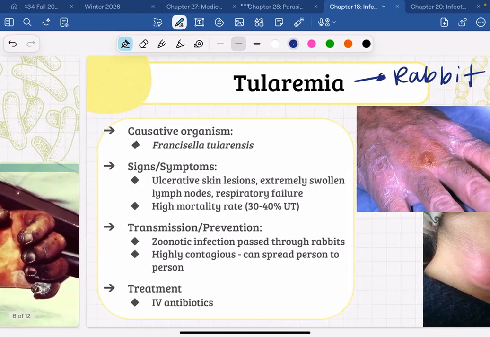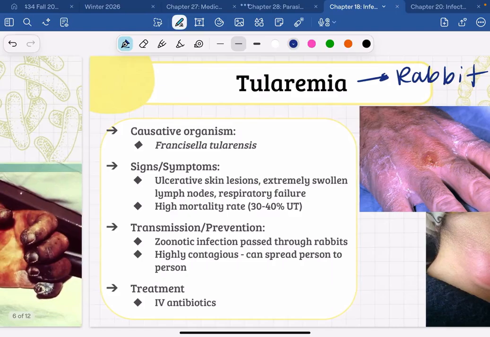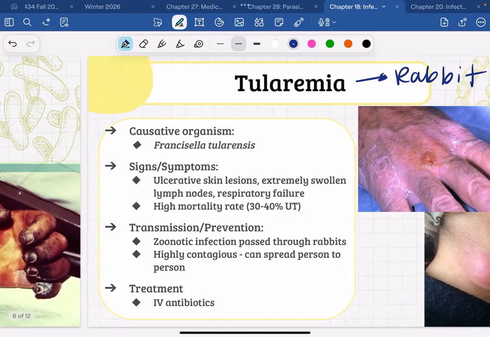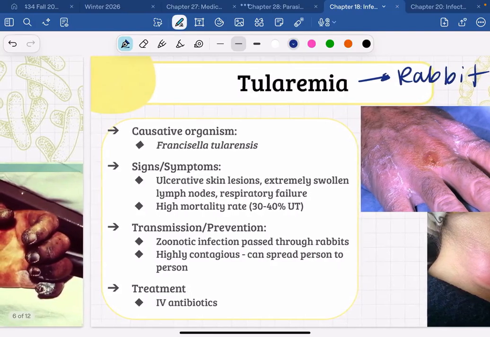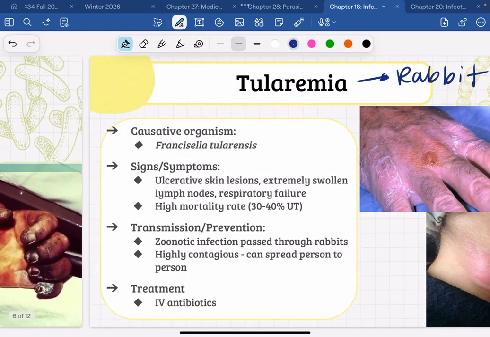There have been people who have gotten tularemia because they ran over a rabbit and went outside their car and were close enough to a dead rabbit that they breathed in the bacteria and it infected them. Okay, that's wild. There are not a lot of things that are that contagious. So you can get tularemia from just being around rabbits, and this is particularly wild rabbits. Pet rabbits don't usually get this. They're not in places to get it.